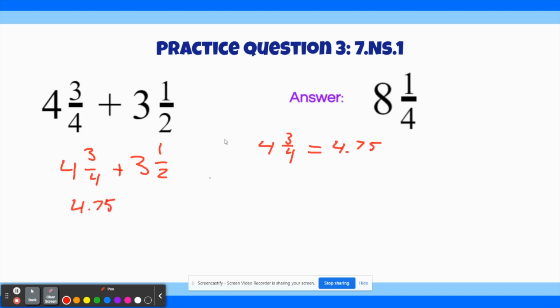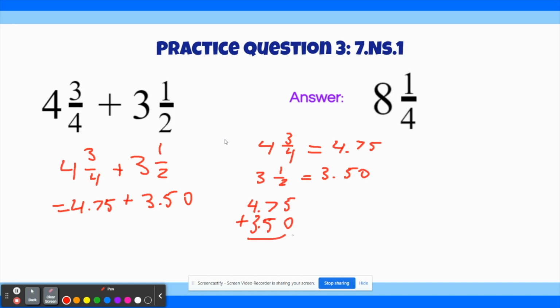4.75, and then we have 3.5. So 3 is the whole number component, and the decimal component is 1/2, which is 0.50. We're going to leave the 0 there as well, and we're going to get 4.75 plus 3.50. And I'm going to go ahead and add these values over here. 4.75 plus